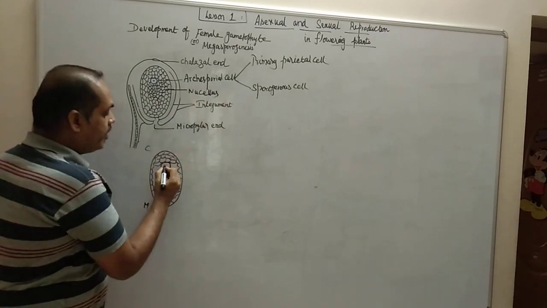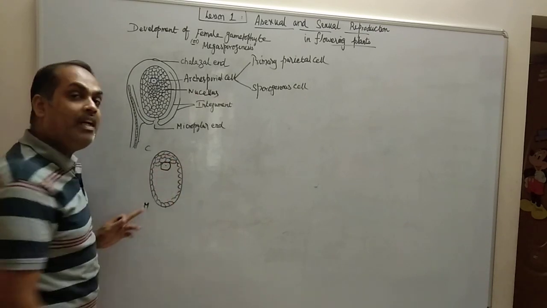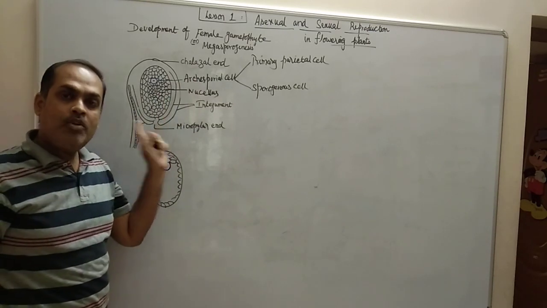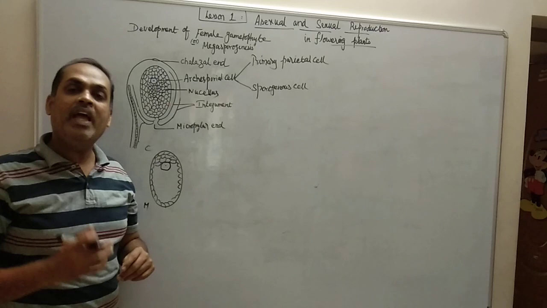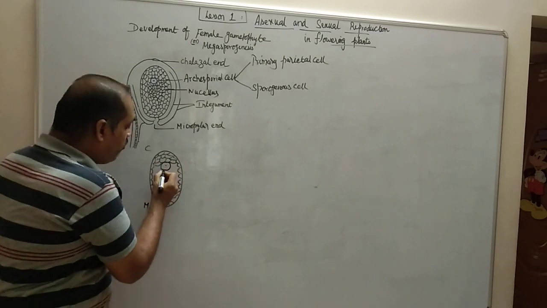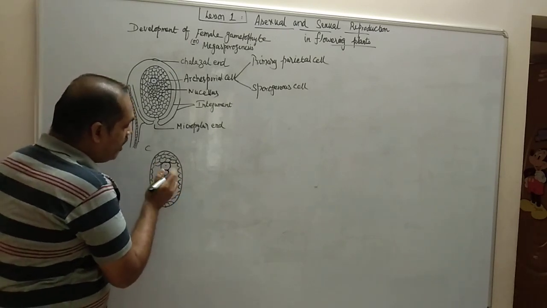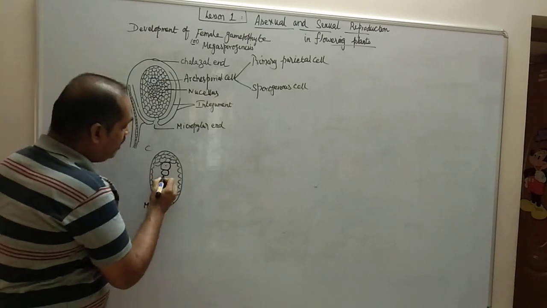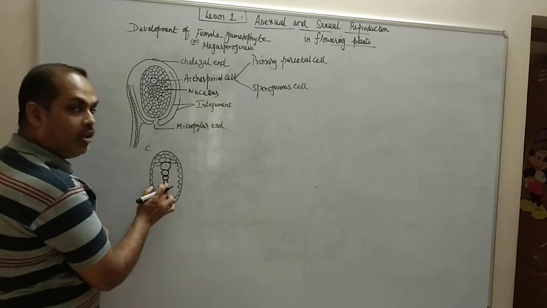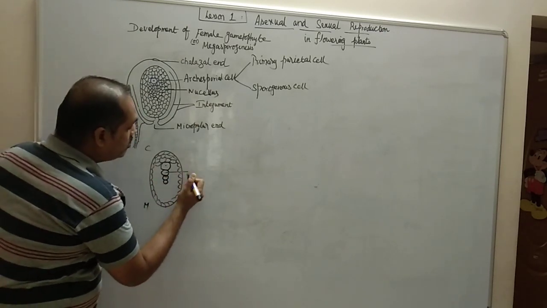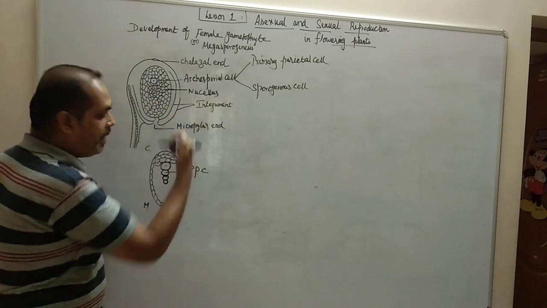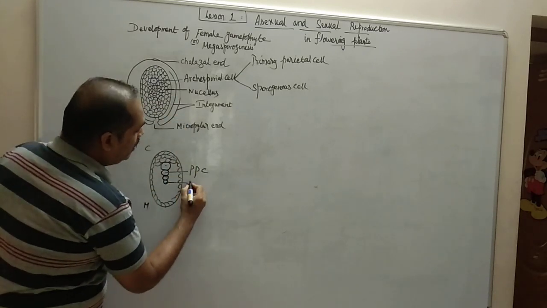Now towards the chalazal end, one of the nucellar cells will increase in size, and you call this an archesporial cell. In most plants, as I told you, the archesporial cell itself will behave as a megaspore mother cell, but in some plants, this archesporial cell will further undergo division to form a cell called the primary parietal cell, and afterwards towards the inner side, a few cells, you call these sporogenous cells. So this one is the primary parietal cell, PPC, and this one towards the inner side, that is towards the micropylar end, is the sporogenous cell.